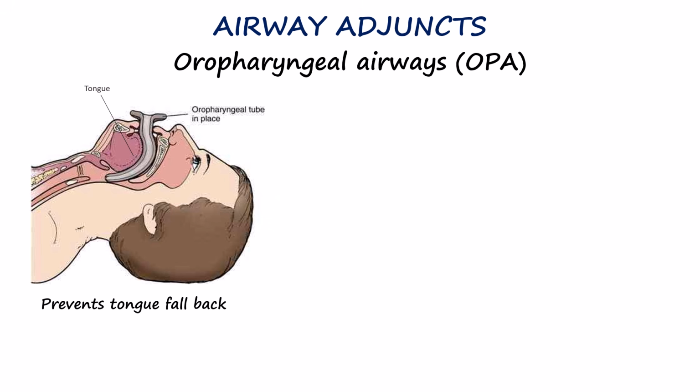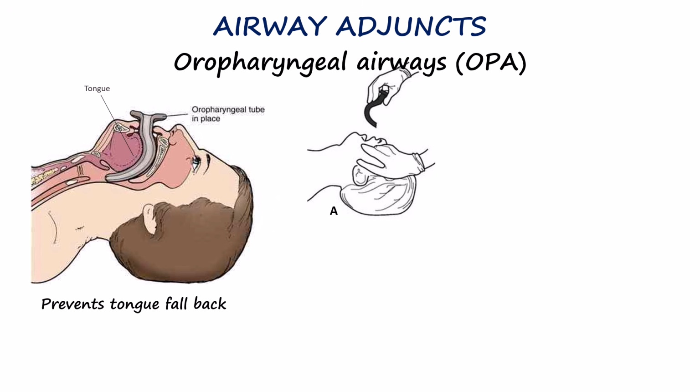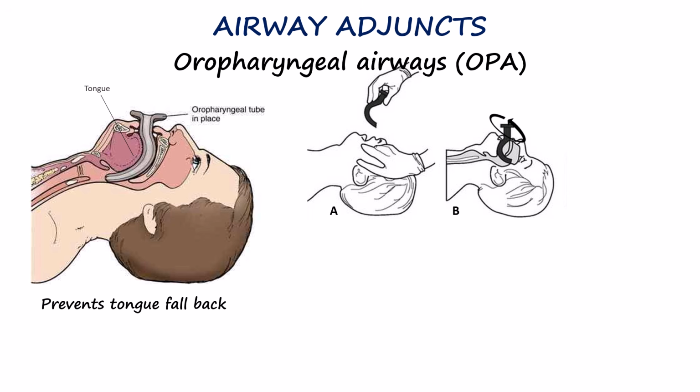To insert the oropharyngeal airway, first hold it upside down with the tip pointing toward the roof of the mouth. Gently advance the tip until it reaches the soft palate. This positioning prevents the tongue from falling back and blocking the airway. Then rotate the airway 180 degrees so it follows the natural curve of the tongue. Finally, push the airway in until the flange or the flat part at the opening rests snugly against the patient's